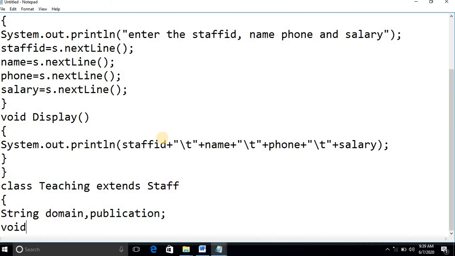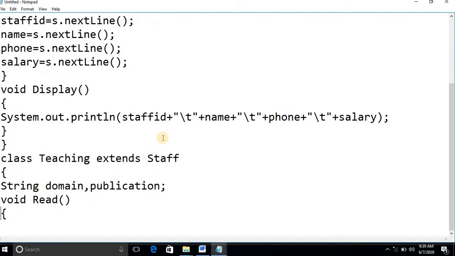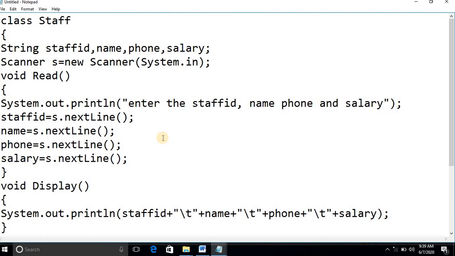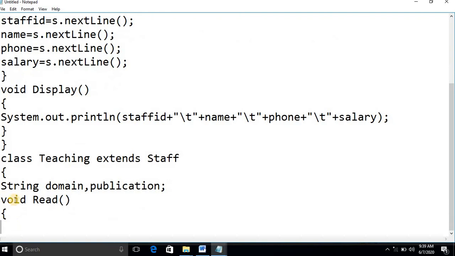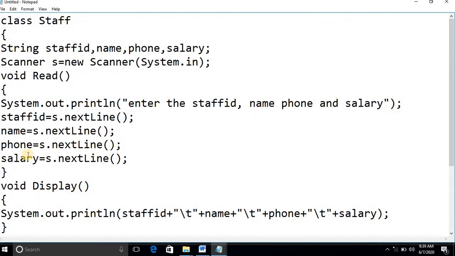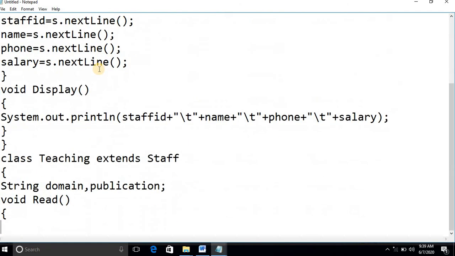Now even this also has a void read method. Now you tell me, the base class read method's return type as well as the name of the method, and the derived class read method, both are the same. The return type and method name of the derived class and of the base class are both the same. Then what is this concept known as? Method overriding. Now whenever there is method overriding, what happens? The derived class implementation will hide the base class implementation.